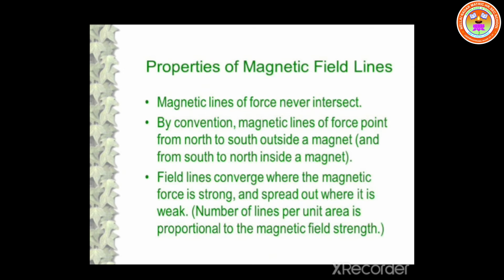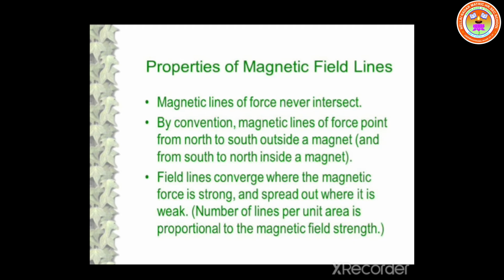Here we have the properties of a magnet. Properties of magnetic lines of force are as follows. Magnetic lines of force are closed continuous curves extending through the body of the magnet. They start from the North Pole and end at the South Pole, which I told you already. Magnetic lines of force never intersect, that is, never cut each other.